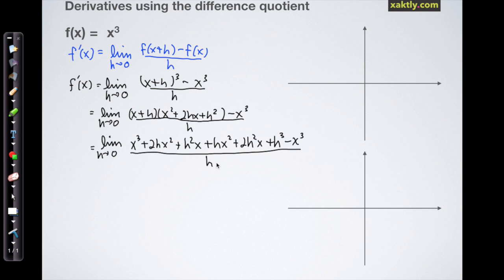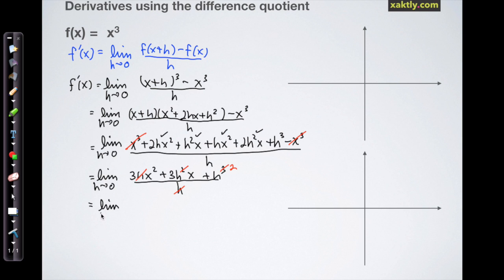And then we notice right away that we can cancel these x cubed terms. And now let's just do a little bit of bookkeeping, and let's rewrite this and group the like terms together. There's going to be terms with hx squared and terms with x squared h, and then that h cubed term left. So I'm just kind of checking these off as I rewrite them and combine them down here. That's that, and then I just have that h cubed term all over h, and now I see that there's an h in every term, so I can cancel one h out of every term,